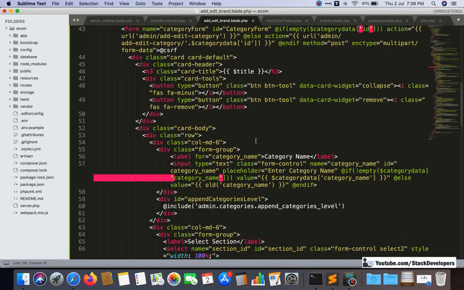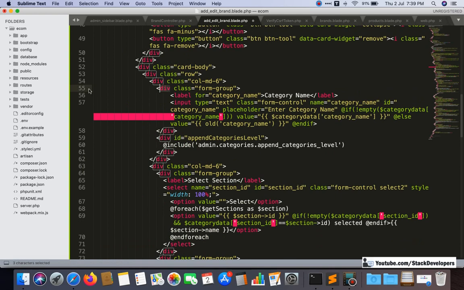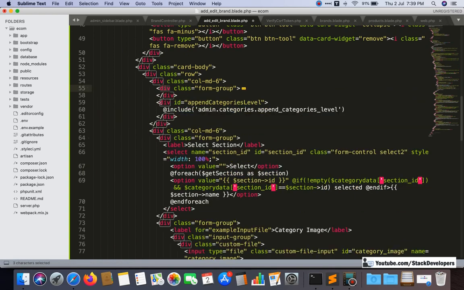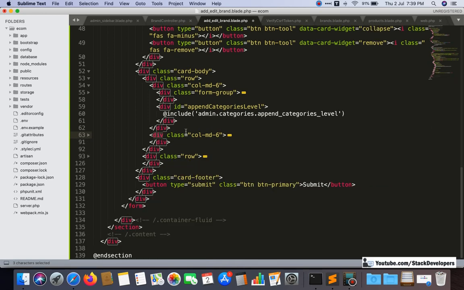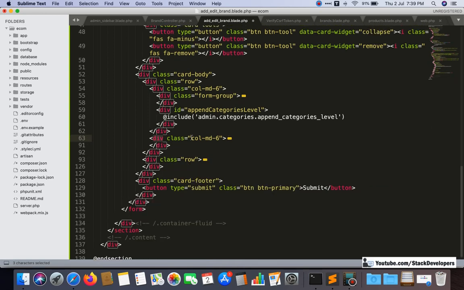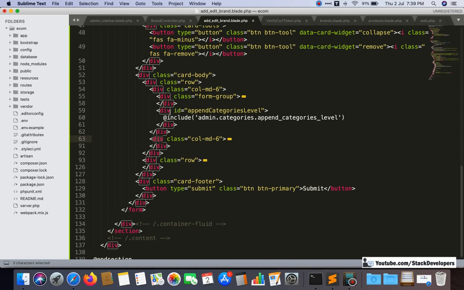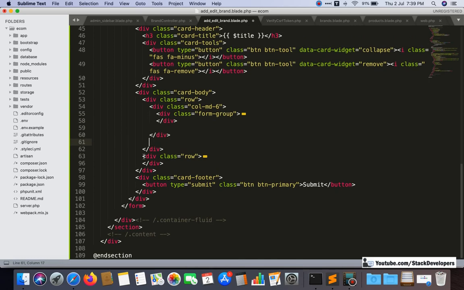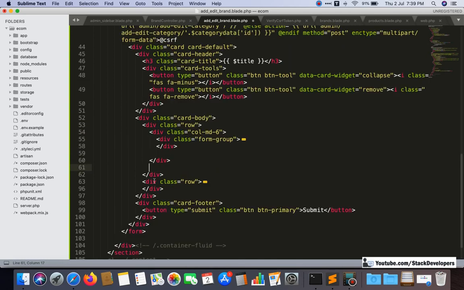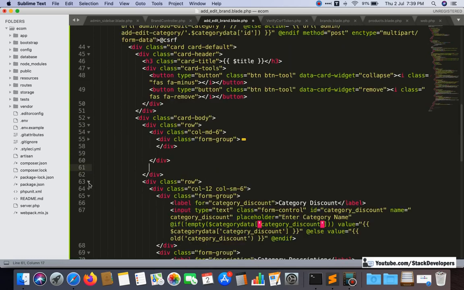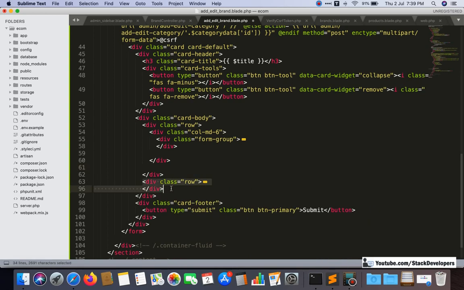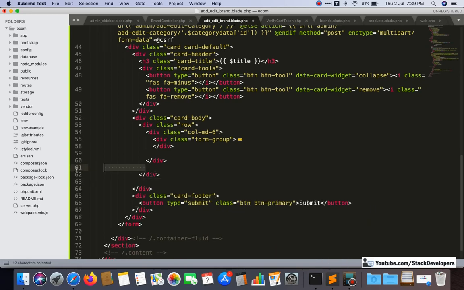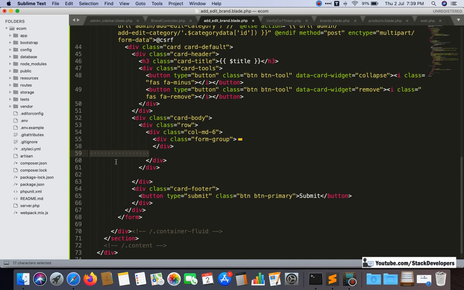But before making changes, see, only category name is required and nothing else is required, so we can remove everything else. Remove it carefully, like this one we can remove, and this one also we can remove, and this one also. Now we can check once.